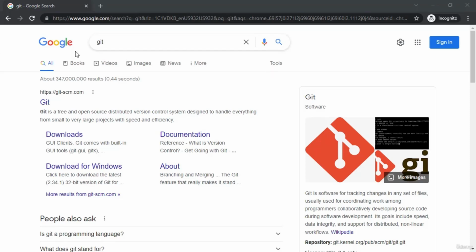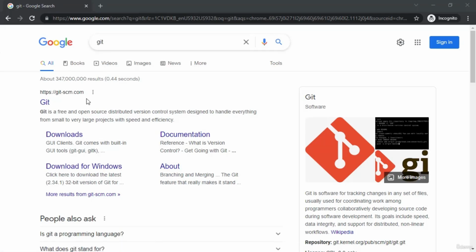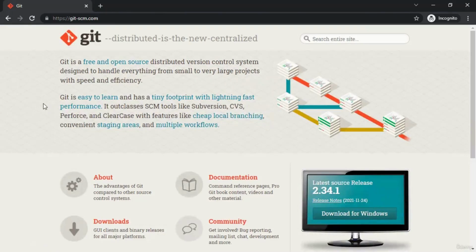So start by jumping on Google or your favorite search engine and typing in Git. The very first response should be the correct website of https://git-scm.com and click the link. This is when we get brought to the Git